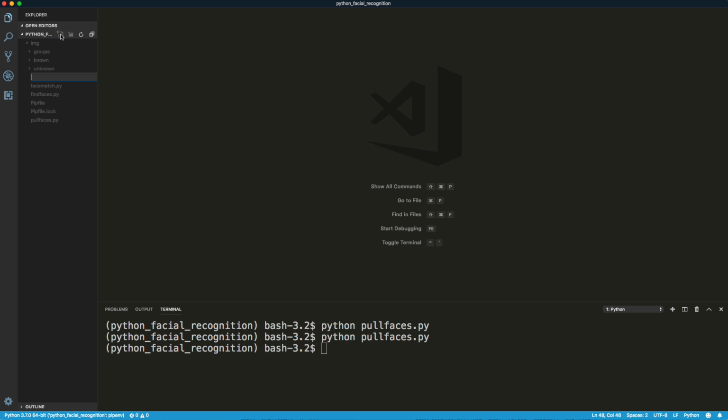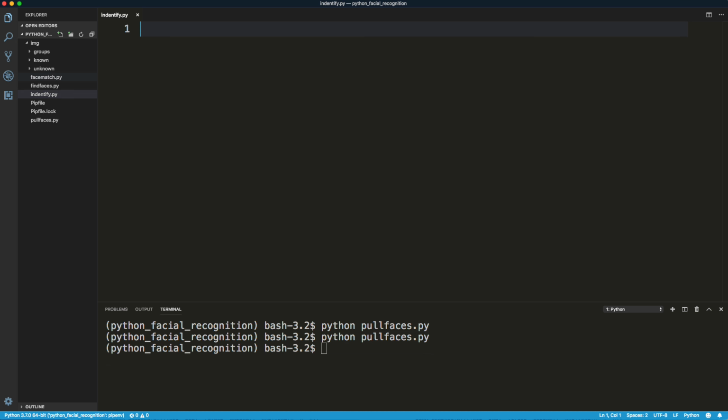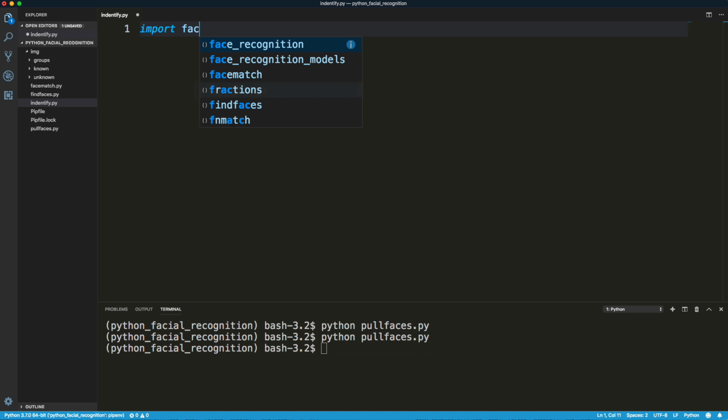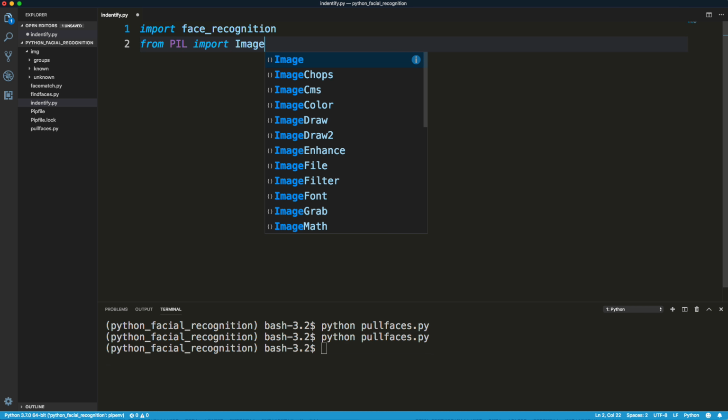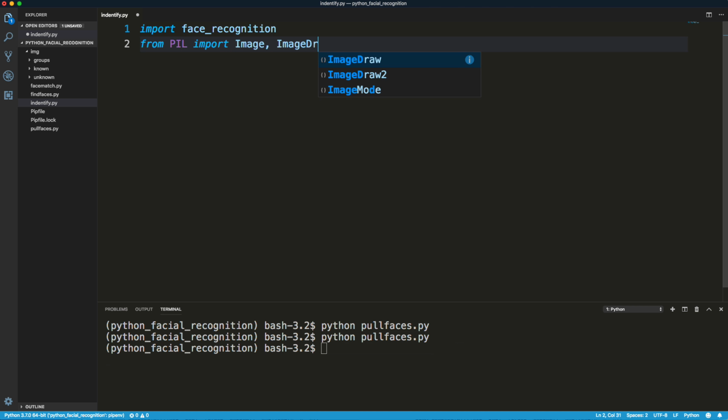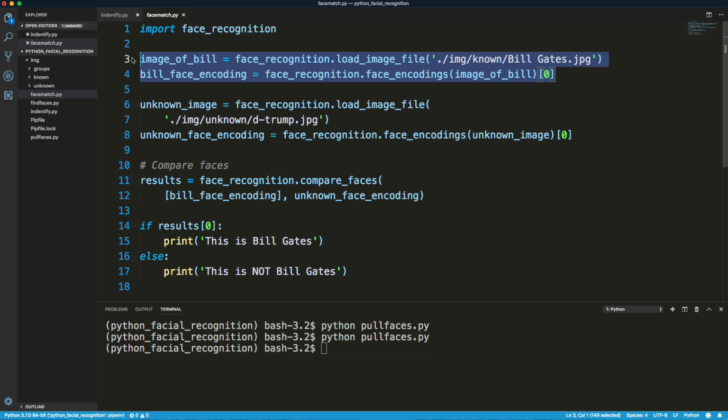So let's create a new file here called identify.py. And this file is going to be quite a bit longer than the other ones that we've created and quite a bit more complicated. So let's go ahead and import face_recognition, and let's say from PIL we want to import Image like we did before. We also want ImageDraw because we need to draw on top of an image. And then I'm going to grab these two lines here from face_match that get the face encoding of Bill Gates